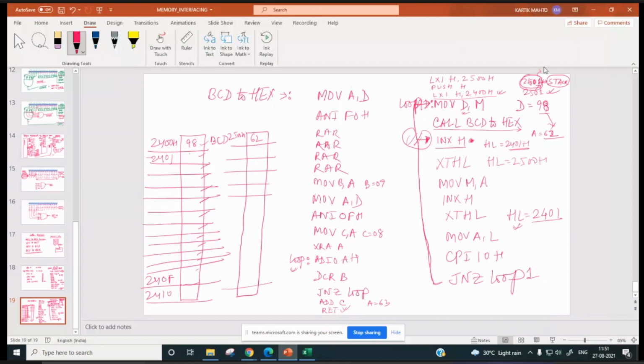So now memory content, suppose it is 21. Right. So 2 times A will be added and then 1 will be added. So how much will it be? Then finally here it will be halt. Right. So here we have discussed rotate instruction, ANI instruction,